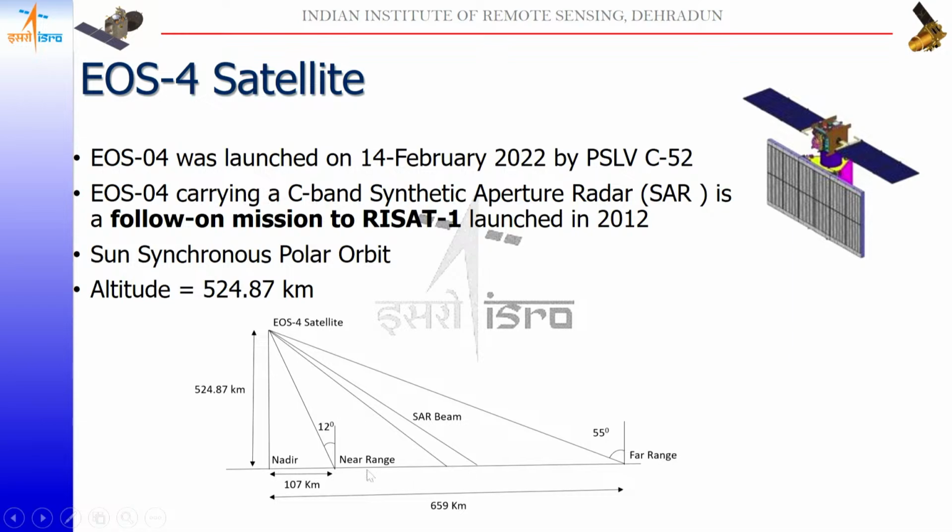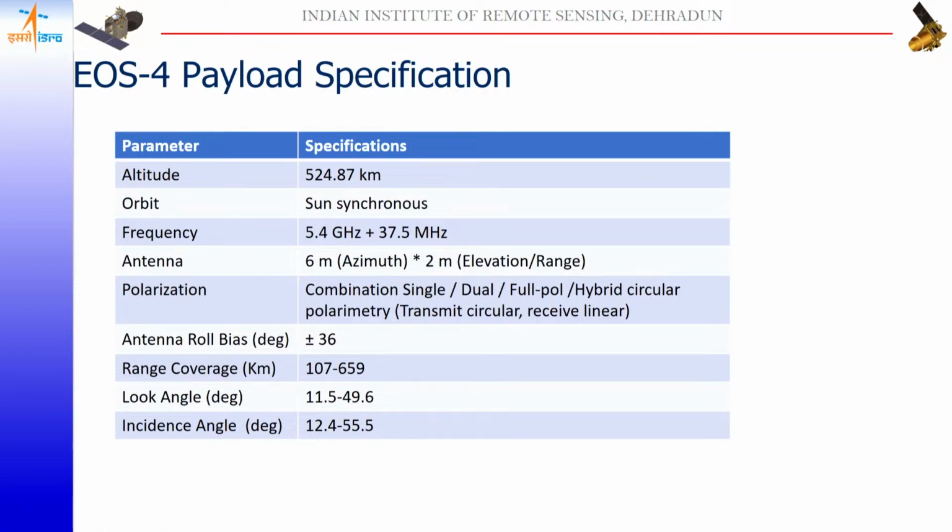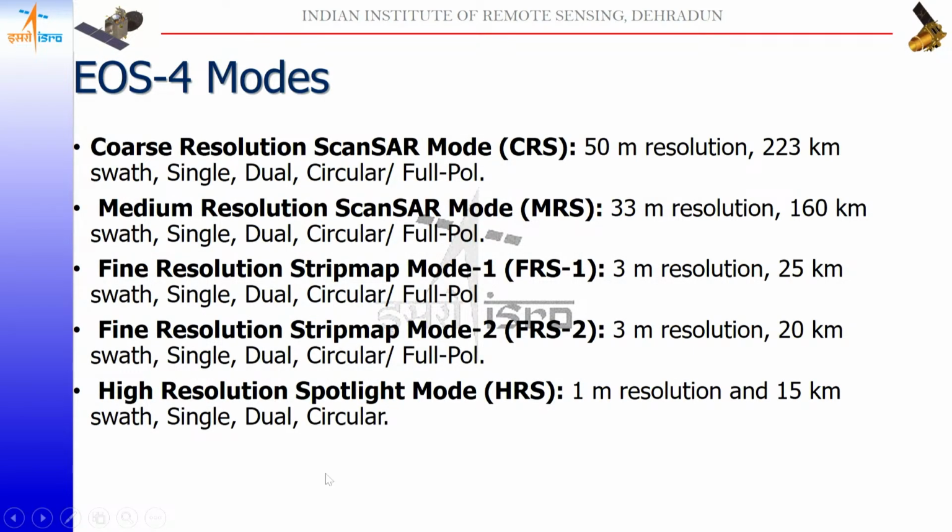This is a typical geometry of our RISAT-4 satellite. It is a side-looking geometry with a near range from 12 degrees, to a high look angle of 55 degrees, which is called the far range. So from 12 degrees to 55 degrees it can image any area in between. It has different parameters: a sun-synchronous orbit, C-band frequency only, antenna length of 6 meters by 2 meters, and different polarizations also. Basically it has different resolutions based on the different